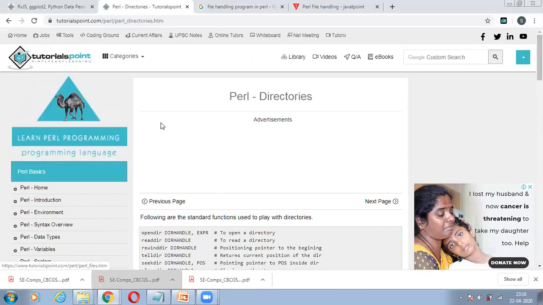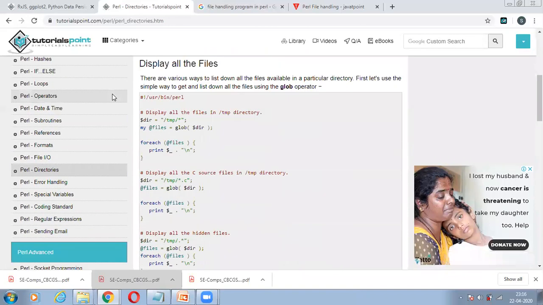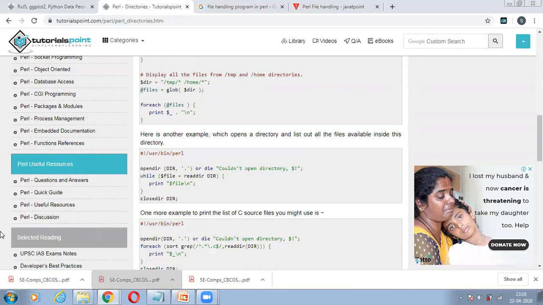Okay, guys. So with this, I'm finishing this lecture here. And soon I will see you with the error handling commands, right? And then we move towards the database as well as the socket program.